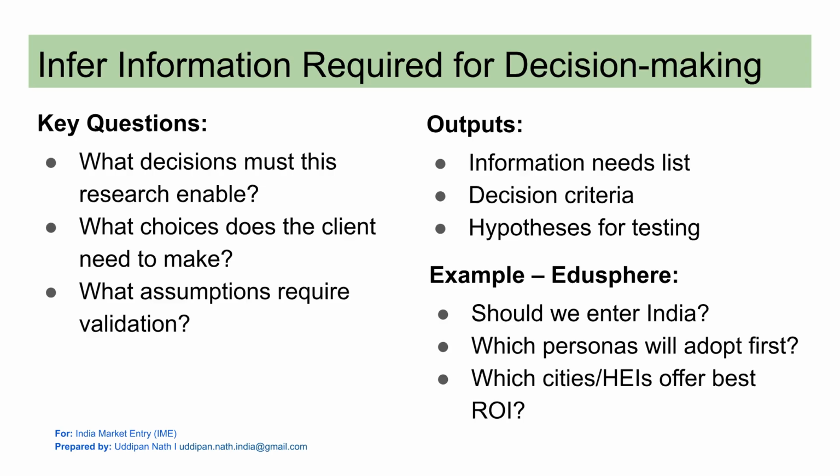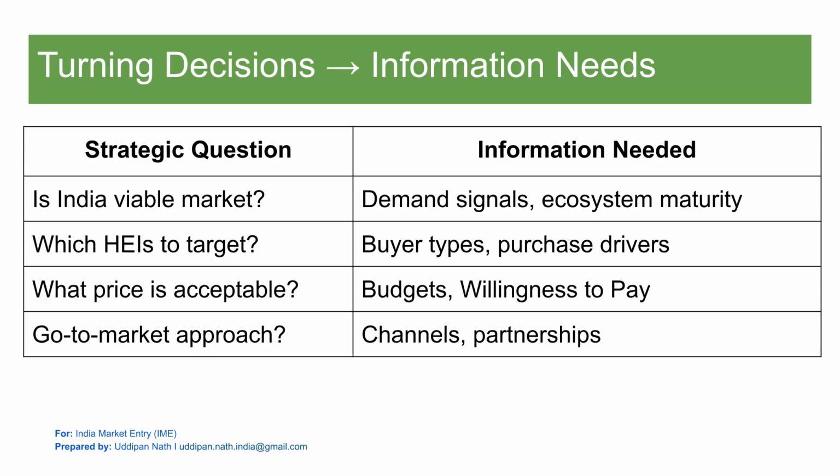To infer information required for decision-making, ask, what decisions must this research enable? What choices does the client need to make? What assumptions require validation? The outputs will be an information needs list, decision criteria, and hypotheses for testing. Strategic questions, such as market viability or acceptable pricing, directly translate into information needed, like demand signals, buyer types, and